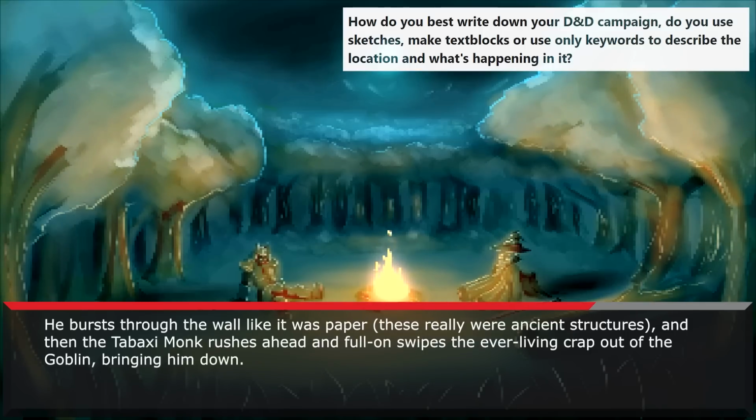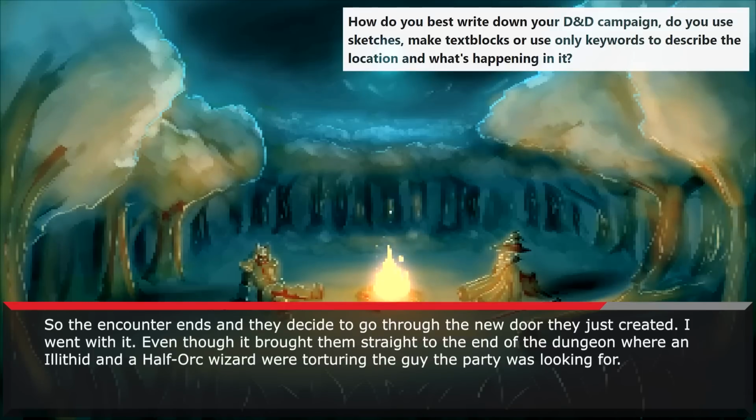And then the Tabaxi monk rushes ahead and full-on swipes the ever-loving crap out of the goblin, bringing him down. So the encounter ends, and they decide to go through the new door they just created. I went with it, even though it brought them straight to the end of the dungeon where an Illithid and a half-orc wizard were torturing the guy the party was looking for.